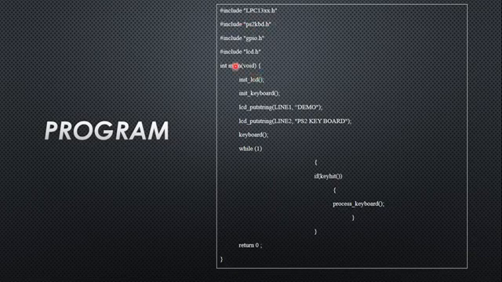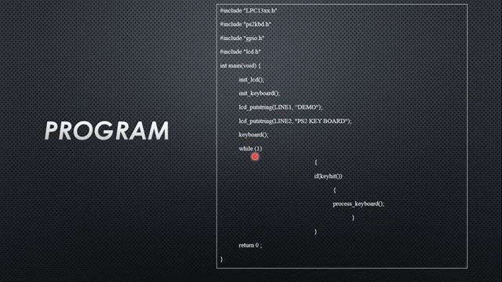Next, we start with the main loop. It is int main void. As I said earlier, just as the LCD is predefined in Coocox, the keyboard is also predefined and it has a set of predefined commands. So we initialize the LCD and we initialize the keyboard. By default, without any key press, only if I press a key, something has to be displayed. If nothing is pressed on the keyboard, it by default displays demo on line 1 and PS2 keyboard on line 2.